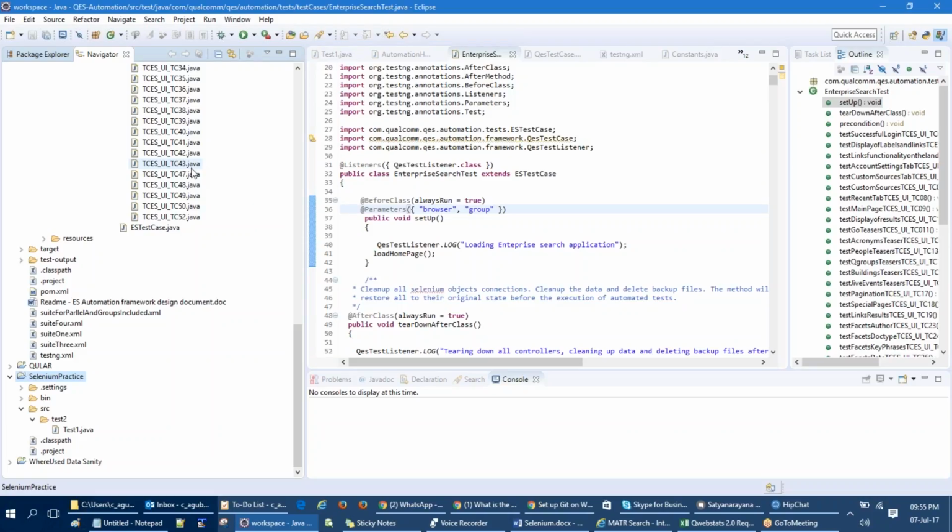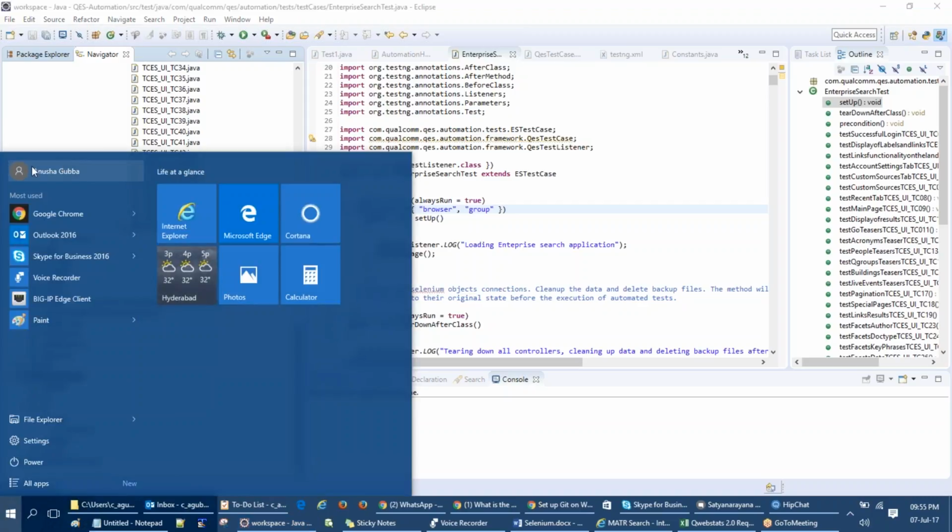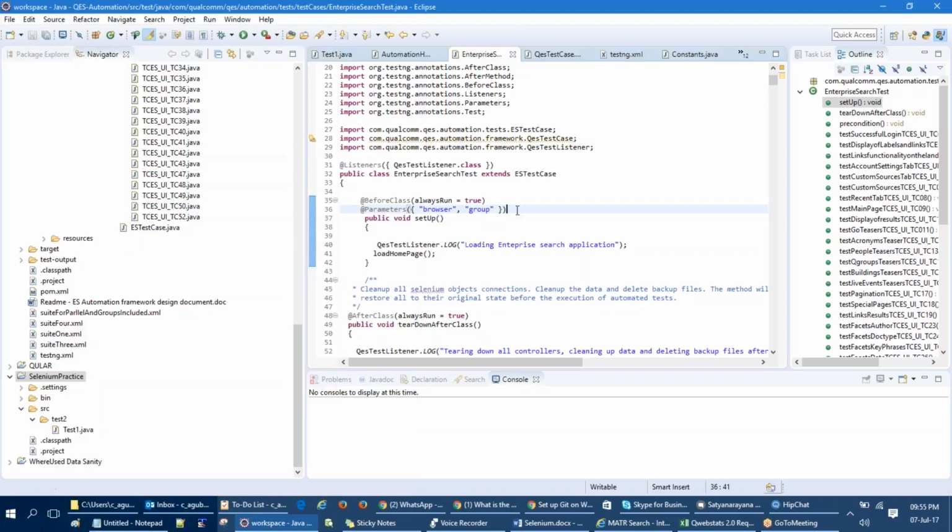So the entire project will be running on some sort of server. So that machine will have a name. Like my machine name is C underscore AG, Anusha Guba. So that is my machine's name. So that machine will also have a machine name. So you will refer to your project using that machine URL. What people do is they mask the machine name with some